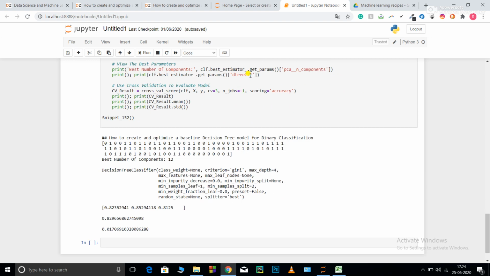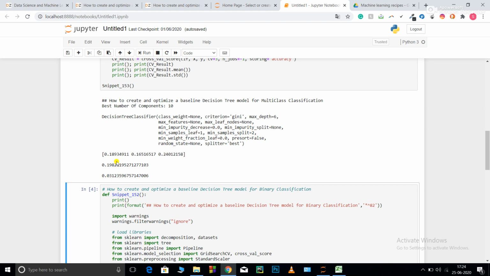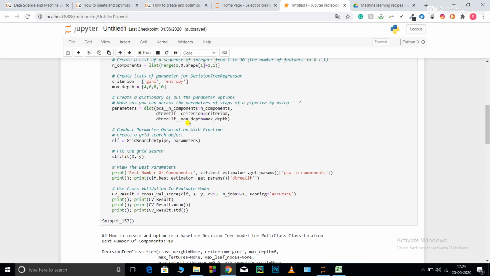So let's start seeing the result from this side. Now you can see my results are 0.8235, 0.85, 0.8125. The mean of the result is 0.829 and the standard deviation is 0.17. Now for the multi-class classification problem, you can see my model performed very poorly, as a decision tree is not a very good model for a multi-class classification problem, as it uses only a single tree.